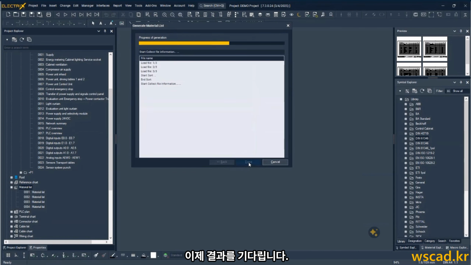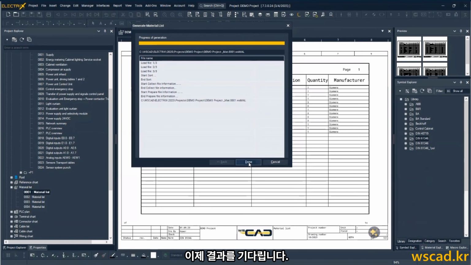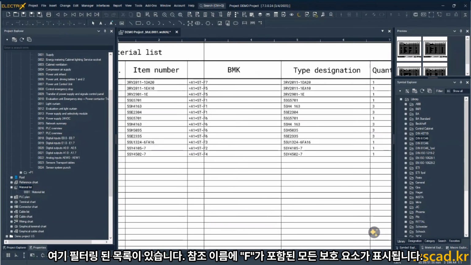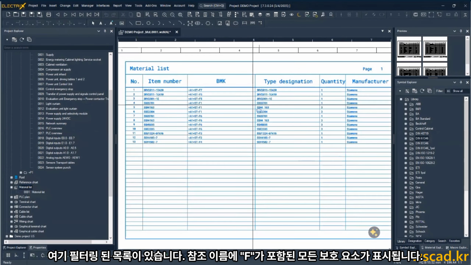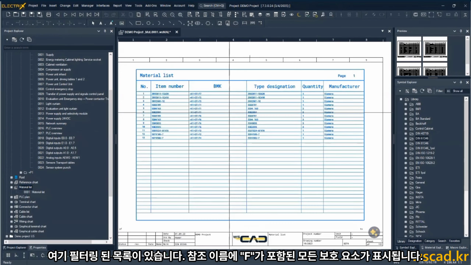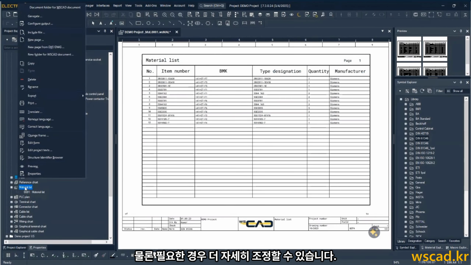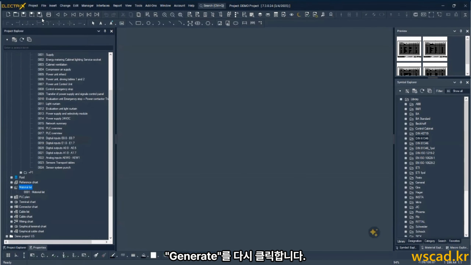And now we got the filter. Okay, we have to wait. Yes, we get the filter. Here we have all protection elements, reference name with F. Of course, we can also do it more, right? And if you again click generate,